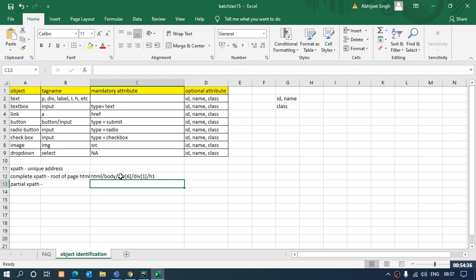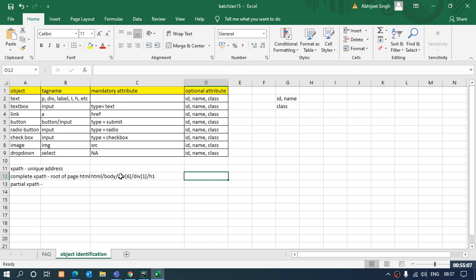Okay, that's not the issue because we are not concerned about the complete XPaths right now. Why is it so? Because we refrain from using the complete XPath. Because it starts from the root of the page, that is the HTML tag. Now suppose from the HTML tag till the element you are looking for, there are some tags which have been deleted, some tags which have been added, some whole module has been added.